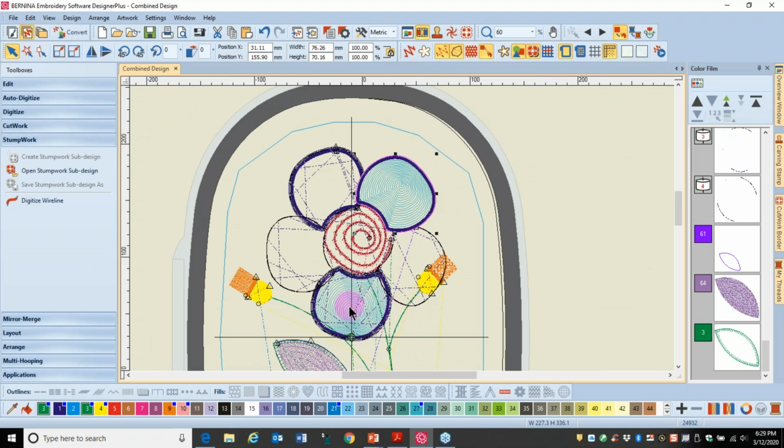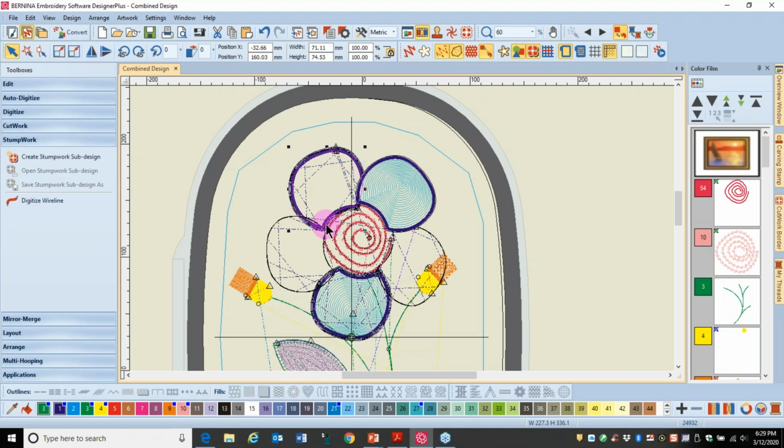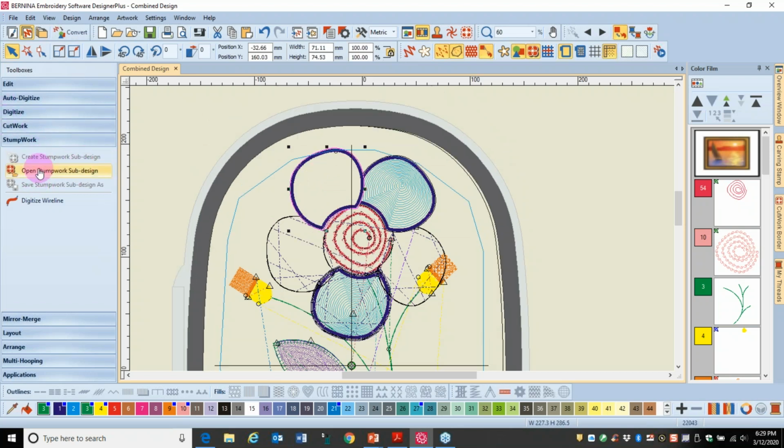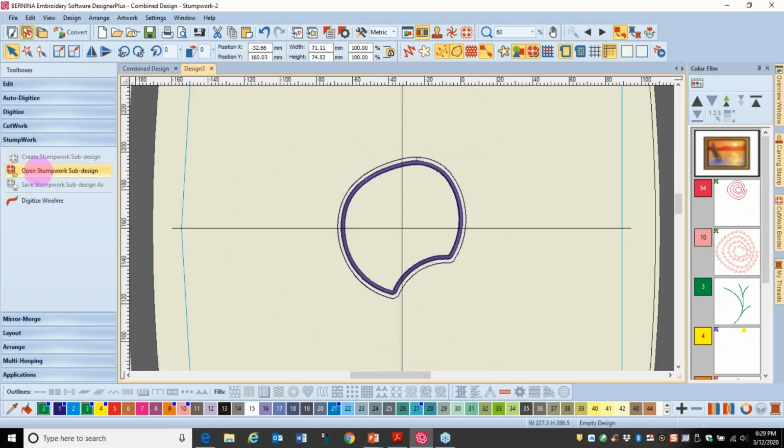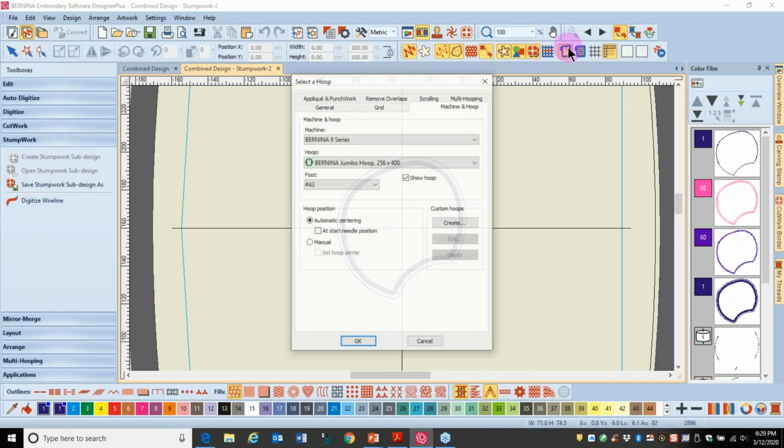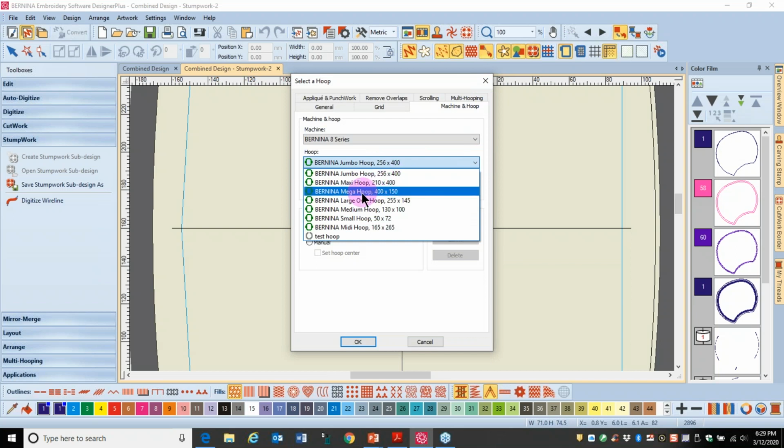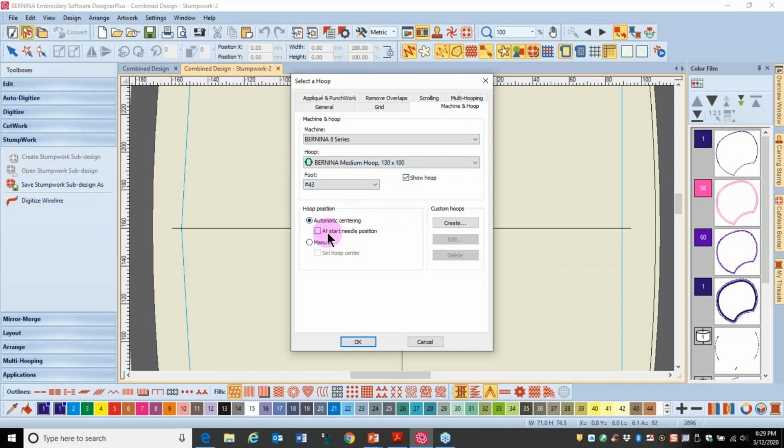I don't need to do this second petal because I can use this one file and it will be done in the same manner. However, I do want to choose my sheer fabric petal, and I'll go through the same process. First, I need to create this subdesign. Then I need to open the StumpWork subdesign. I'll go through and change it to the medium hoop. I want to make sure at start needle position is unchecked, and I'll change this to a 44C and click